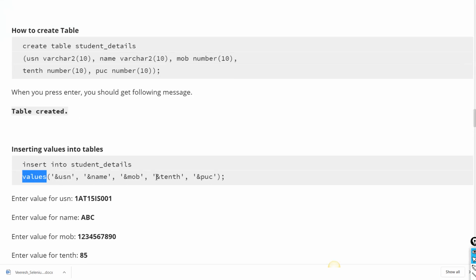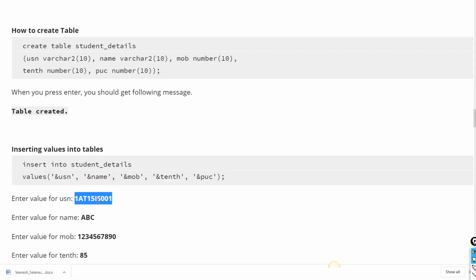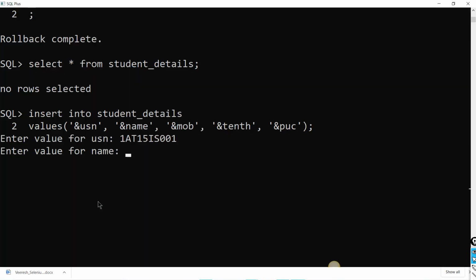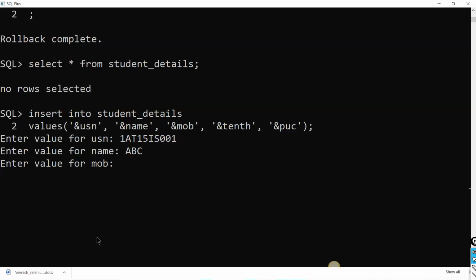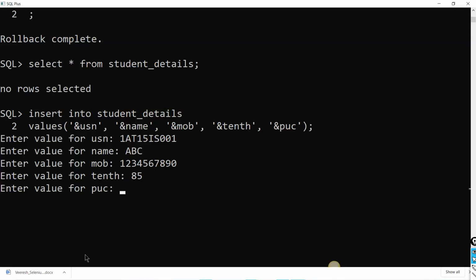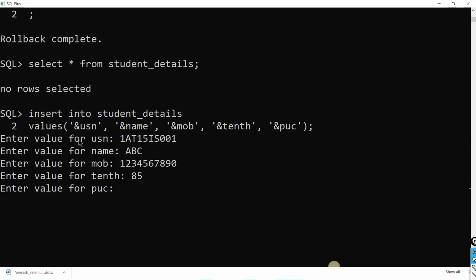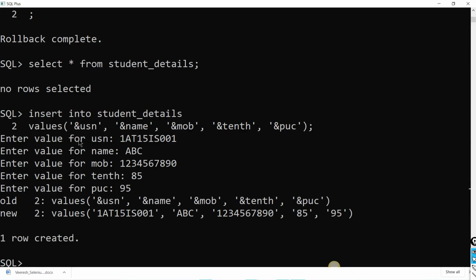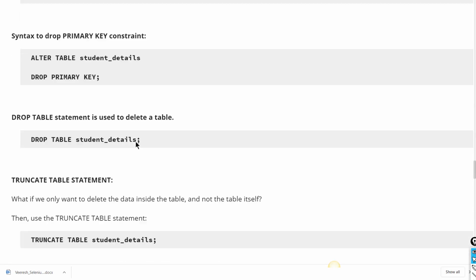Copy, paste. I'm just inserting the same values again because I have truncated the table, right? That is fine.